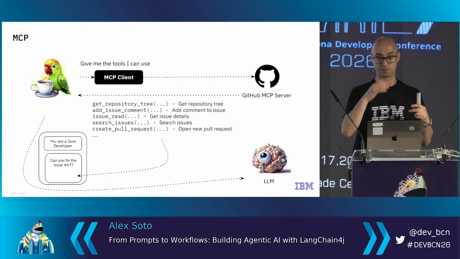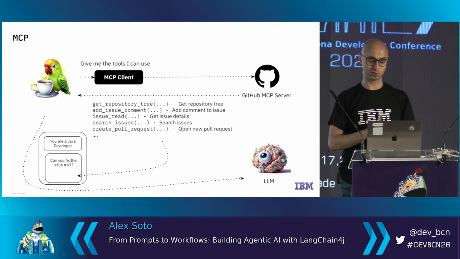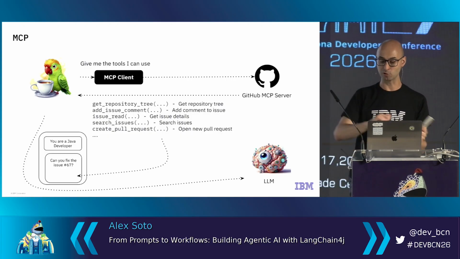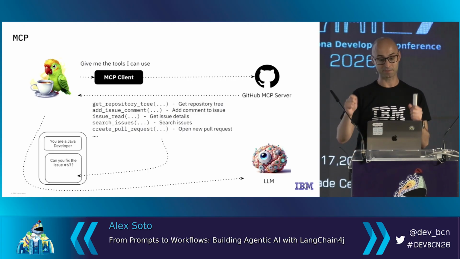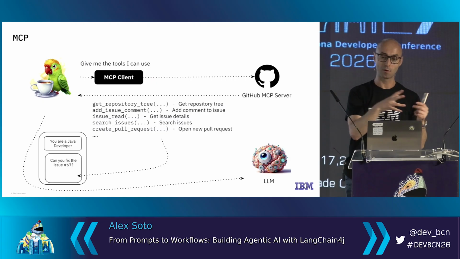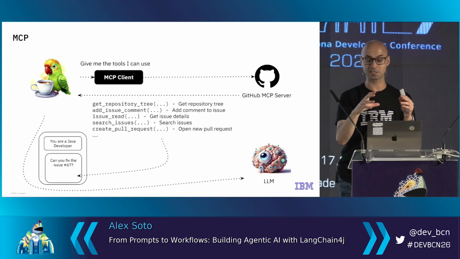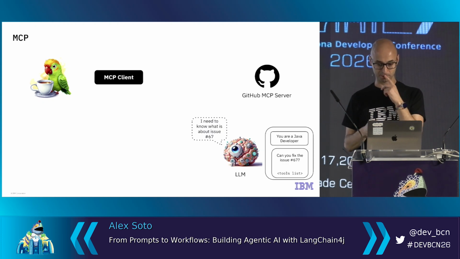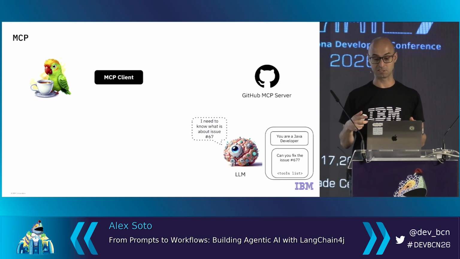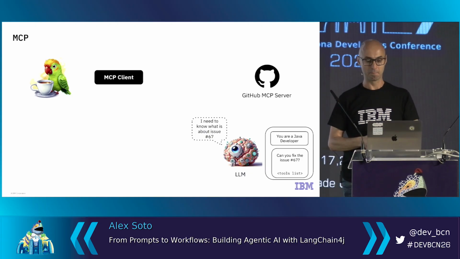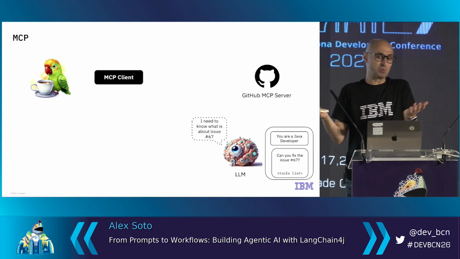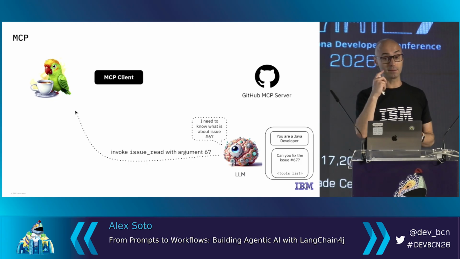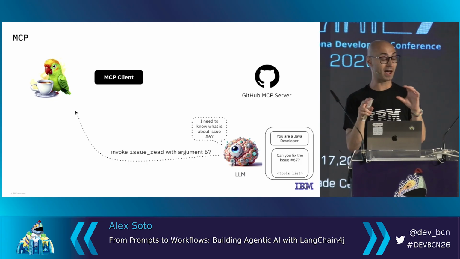Now I am going to send a request as the user message and say, can you fix the issue number 67? And I'm going to send this to the LLM. Remember that since we've got all these tools, what I'm sending to the model is my user message plus all these methods. Now the LLM will say, okay, you asked me to fix the issue number 67 with all the list of these tools, but I need to know what this issue number 67 is because I have no idea. So what I'm going to say is, hey, application, remember that now it's an